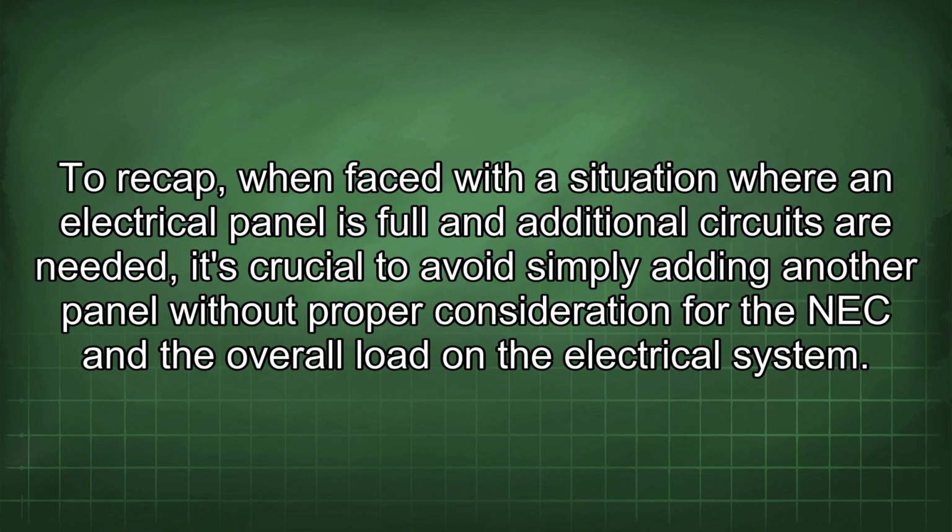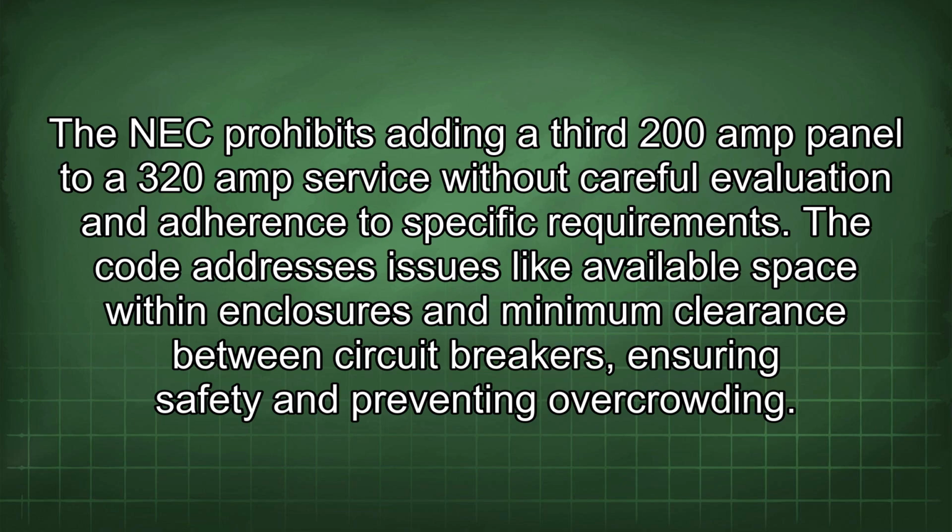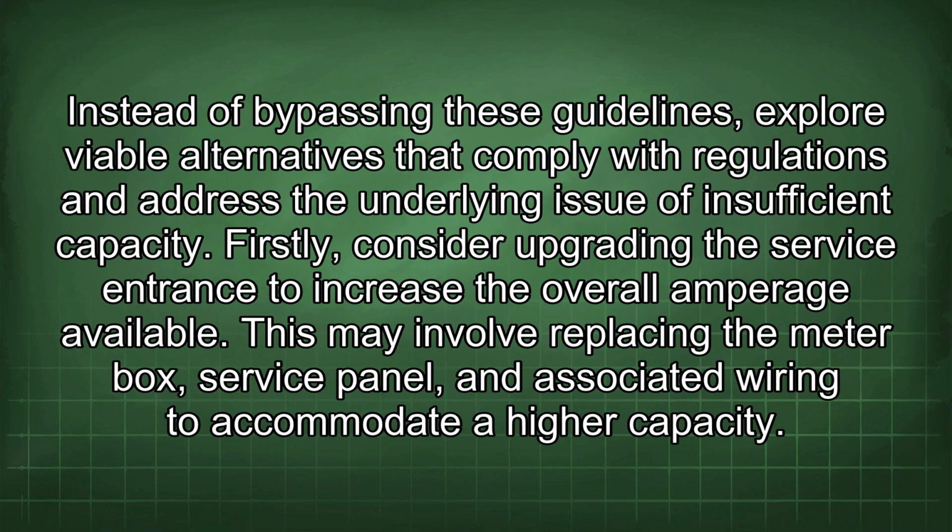To recap, when faced with a situation where an electrical panel is full and additional circuits are needed, it's crucial to avoid simply adding another panel without proper consideration for the NEC and the overall load on the electrical system. The NEC prohibits adding a third 200 amp panel to a 320 amp service without careful evaluation and adherence to specific requirements. The code addresses issues like available space within enclosures and minimum clearance between circuit breakers, ensuring safety and preventing overcrowding. Instead of bypassing these guidelines, explore viable alternatives that comply with regulations and address the underlying issue of